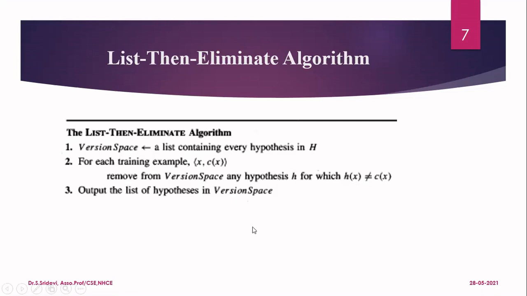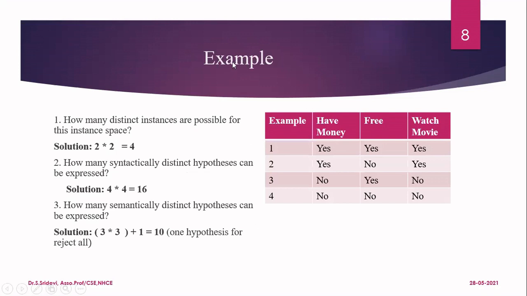Now let us see one simple example to understand this. Actually, this example is very difficult to understand if I take so many features. For that reason, I am going to consider a data set which has only 2 features. The aim of this data set is to find out, on a given day, whether I will watch a movie or not. If I want to watch a movie, I need to have money to buy the ticket. And one more thing is I should have free time. Then only can I go to the theater and watch the movie. We have so many extra features available, but I am considering only 2 to explain it easily.